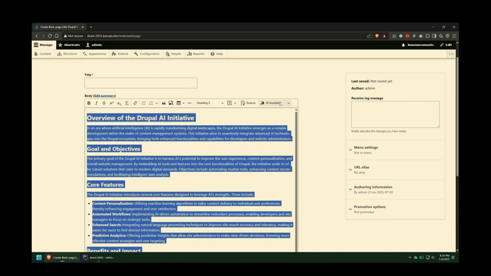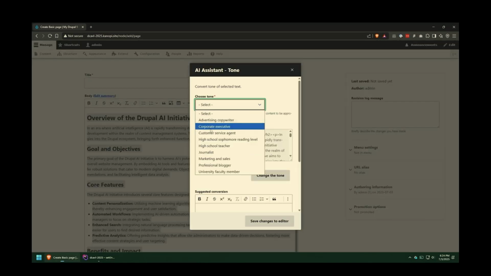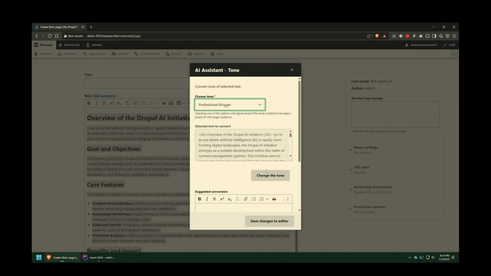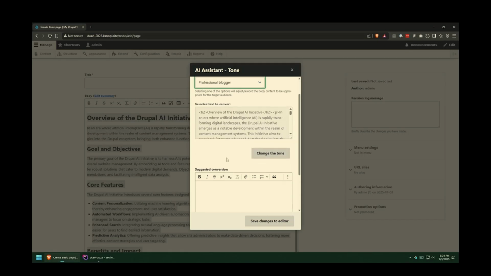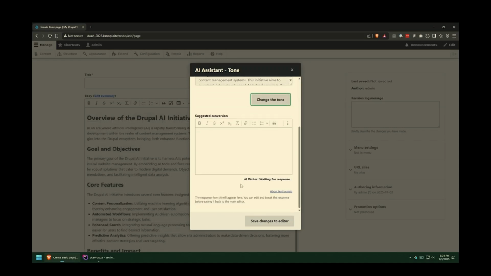In this case, it looks pretty good, but if we want to change the tone, we can just select the content, select tone. It'll pre-fill out the first section for us, and then we can just select which tones. Now, each one of these is tied to a taxonomy term. We'll get more into that in a moment, but with that, we can select our desired tone, click change the